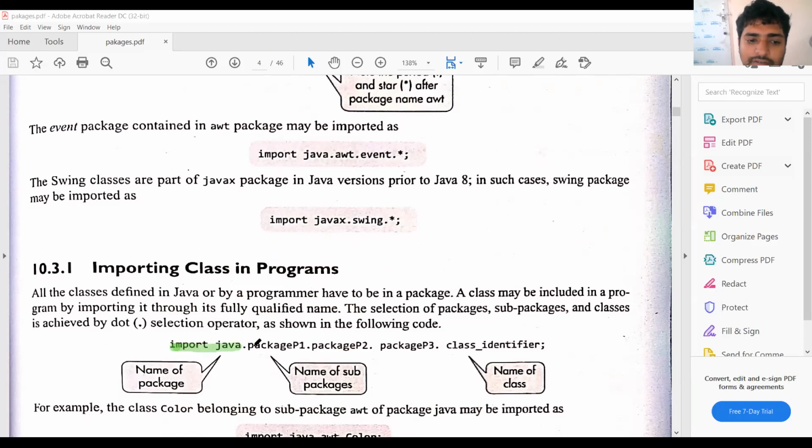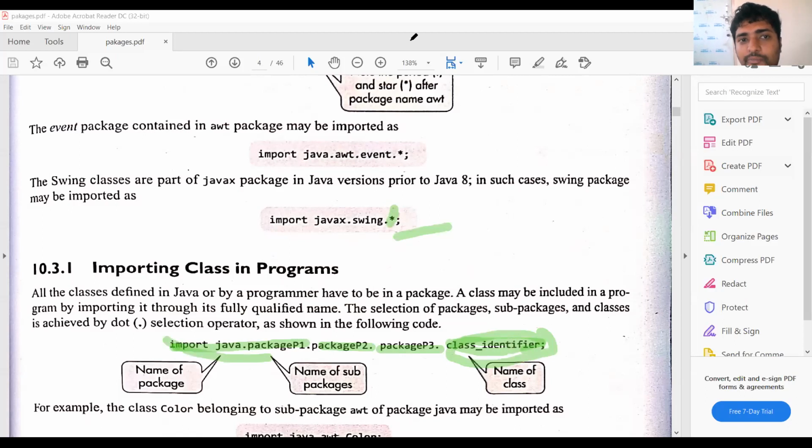The syntax is import java.package p1.package p2.package p3.class identifier. Here, in place of the asterisk, we give the class name, the name of the class.